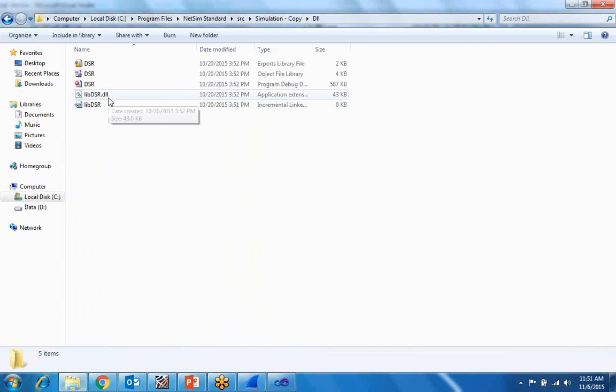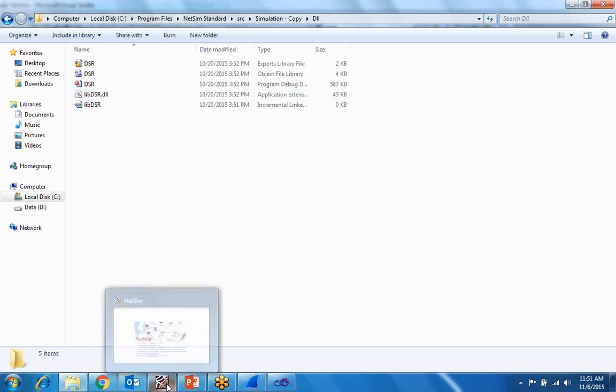Actually, I've done it earlier also, so the libdsr.dll file is already there. So we can copy it and do our simulation.